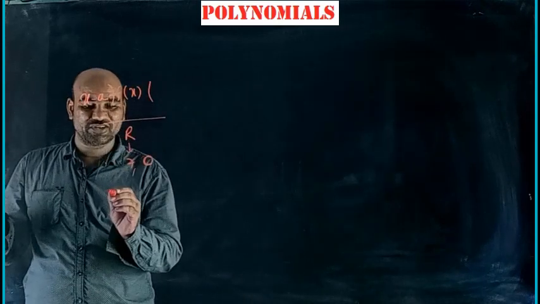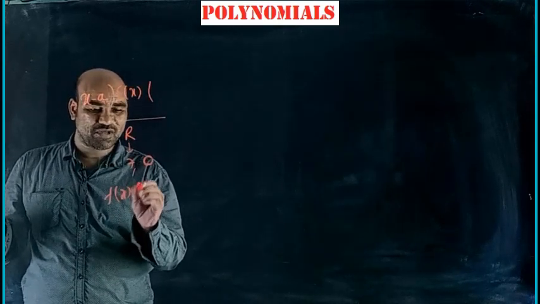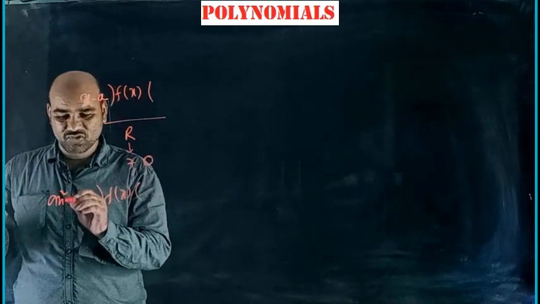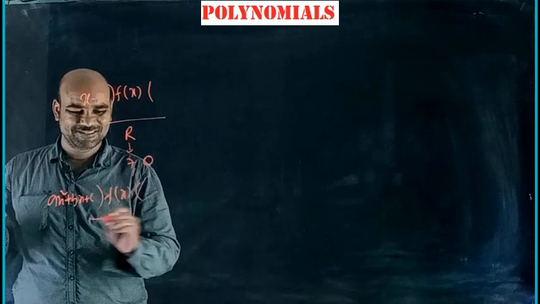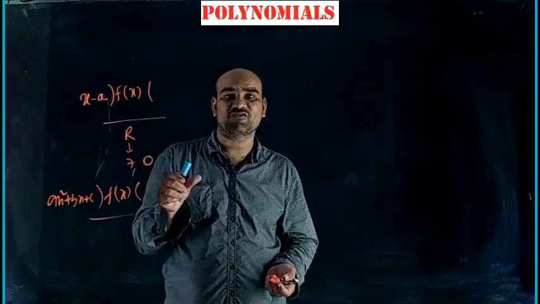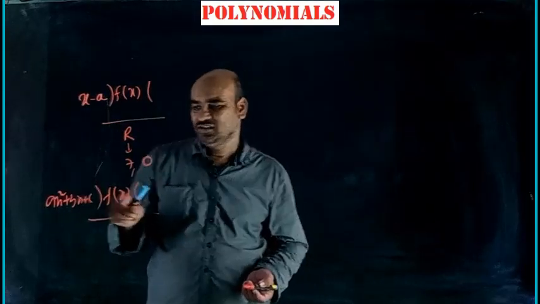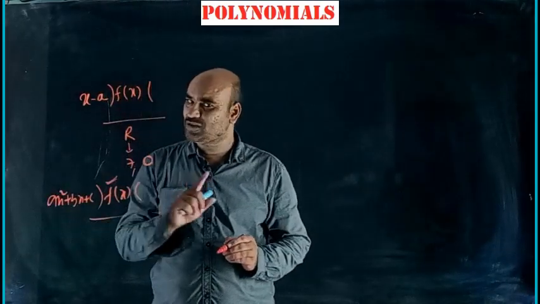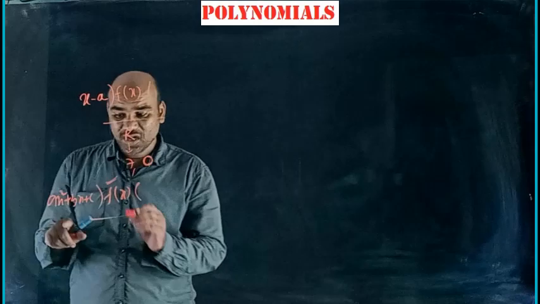So the next one is very important. F of x is a polynomial. This polynomial is divided by ax square plus bx plus c. Now we want to say what is the form of the remainder. Okay, so this is second degree. Obviously this is second or more than second degree, don't bother about that. So what is the form of the remainder?